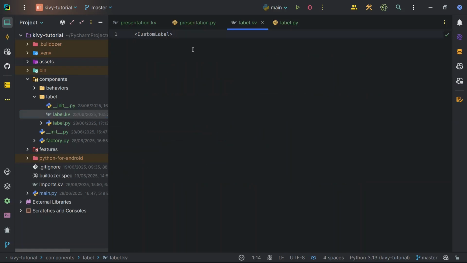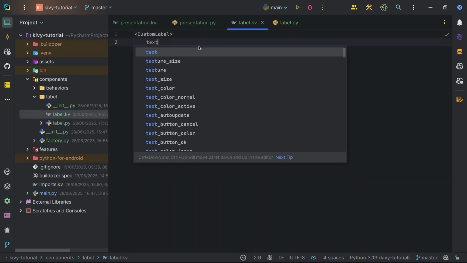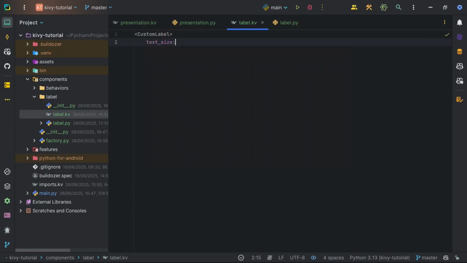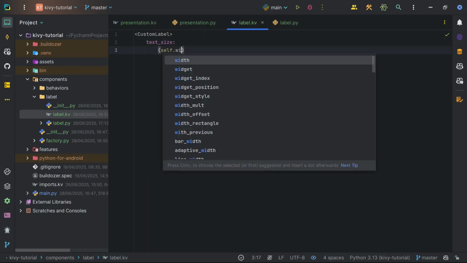So I'm going to head over to the Kivy file. I'm going to declare text size to be, I'm going to do a little bit of enter space here, self.width,